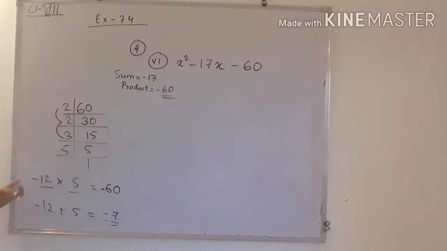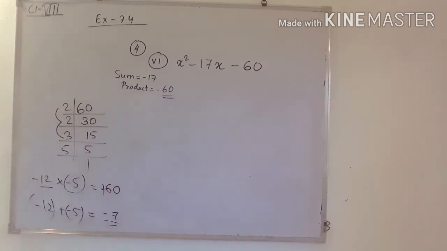Here you will get confused about what number we have to take. See, we can't take this number here, because if we take these two numbers, then the sum will not be minus 17. It will be minus 17 if I take minus 5 here also. But if I take minus 5 here also, the product of these two numbers will be plus 60, but the product should be minus 60. So again there will be a problem, so we cannot take these two numbers.